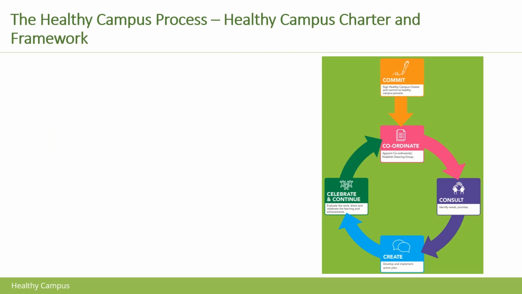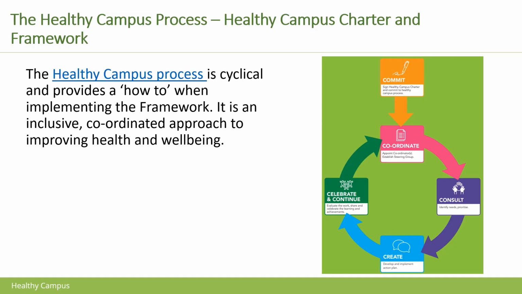So let's take a look at the Healthy Campus process. At this stage, you're probably very familiar with this, but we'll do a little quick overview anyway. So the Healthy Campus process is cyclic and provides a how-to when implementing the framework. It is an inclusive, coordinated approach to improving health and well-being, and involves a number of steps. A commitment by senior management to the process by signing the charter, coordination, which involves appointment of a Healthy Campus coordinator, establishing a steering group,